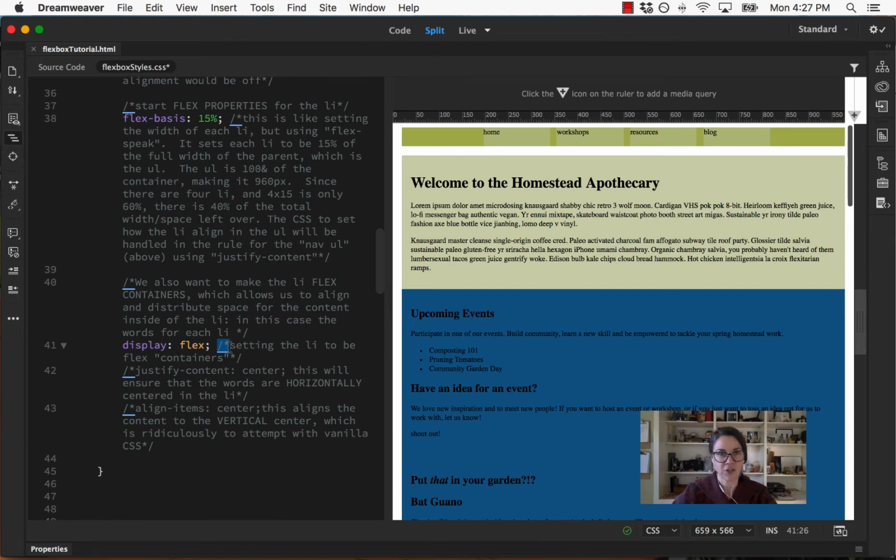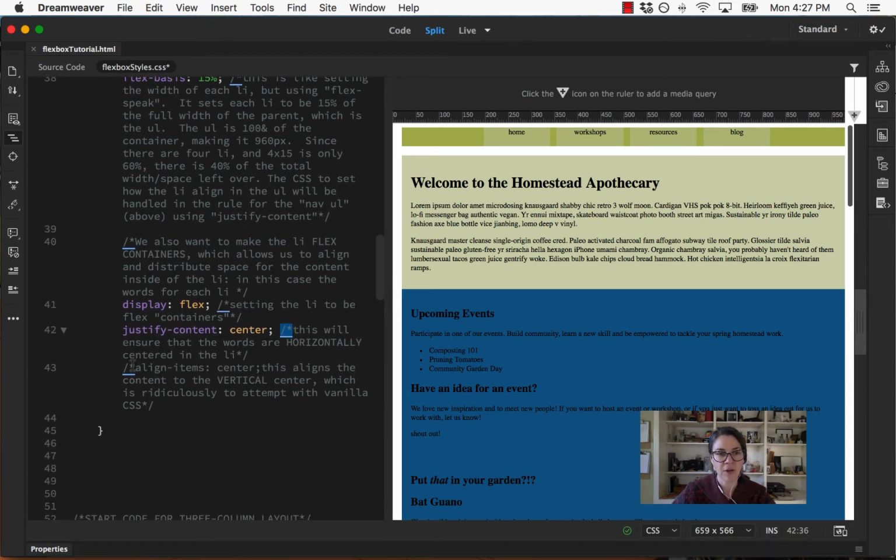When we do that, initially nothing really happens in here, but let's go ahead and center the words inside of those light green boxes. So we're going to say justify the content of the list items. The content is the words, and we're going to say go ahead and center them. There they go, centered. Now we have another property using Flexbox, which is called align items,